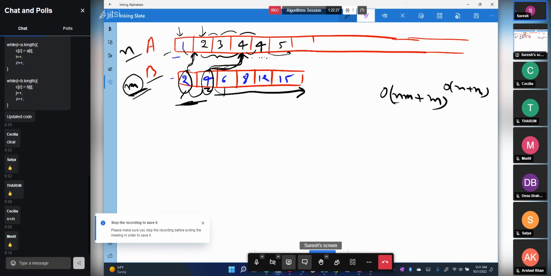Just think of this as two classes, and the classroom has students with different heights. So our ultimate goal is to put everyone into the array A in increasing order. Now what you're doing is you are taking each element from B and trying to insert it at the correct location. And in order to insert, the problem with arrays is